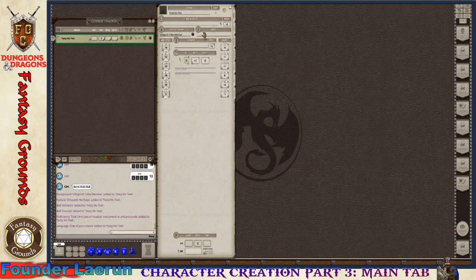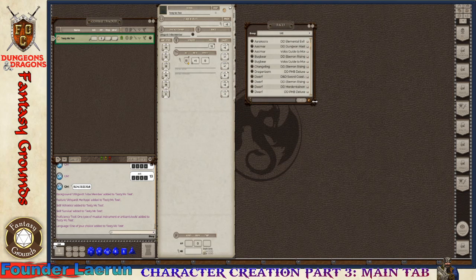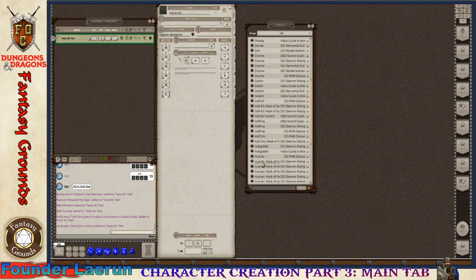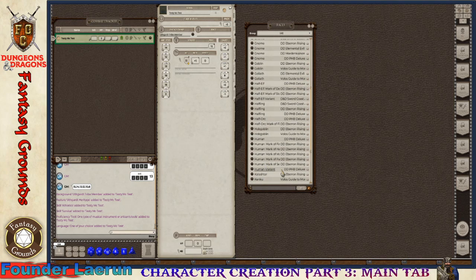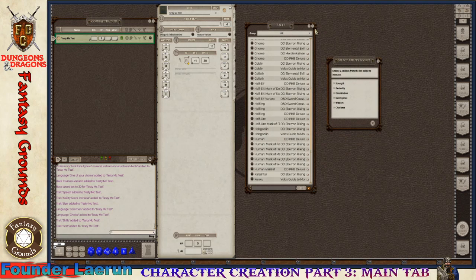The next step is race. So I said human variant because I don't know what type of human he is. So I'm going to go to races, and I'm going to look down the list here, and there is a human variant that you can choose, which is here. It's from the Player's Handbook. So I'm going to go ahead and grab this, drop it on here,